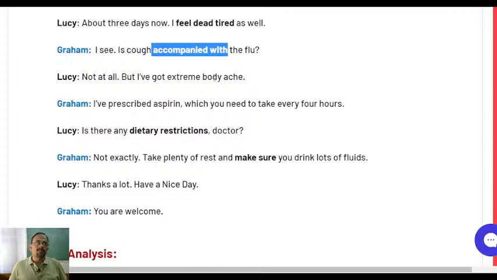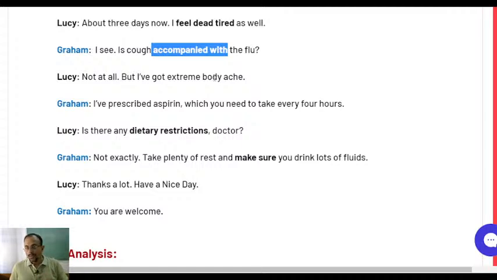Like, he was accompanied by his son on the tour. Okay, so when I say he was accompanied by his son on the tour, it means he and his son together went on the tour, right? So accompanied by, with, by a person, with a thing. So is fever accompanied, or you can say is headache accompanied with the flu,